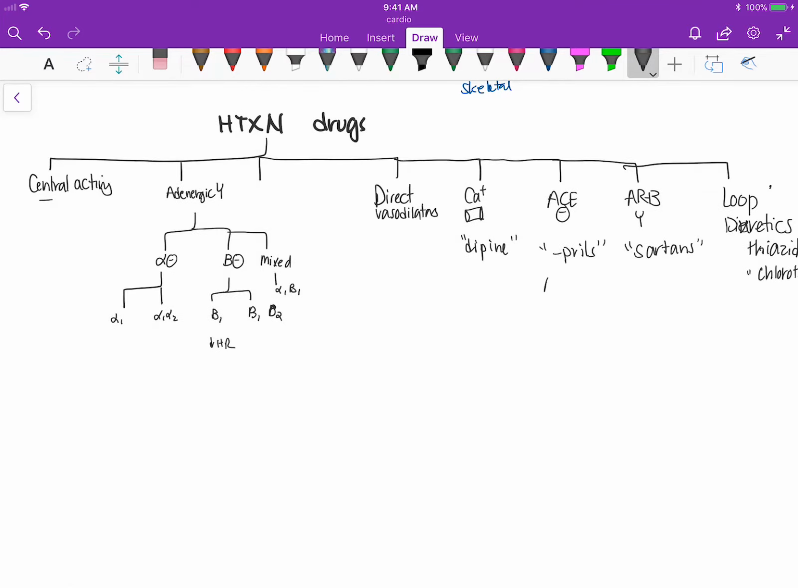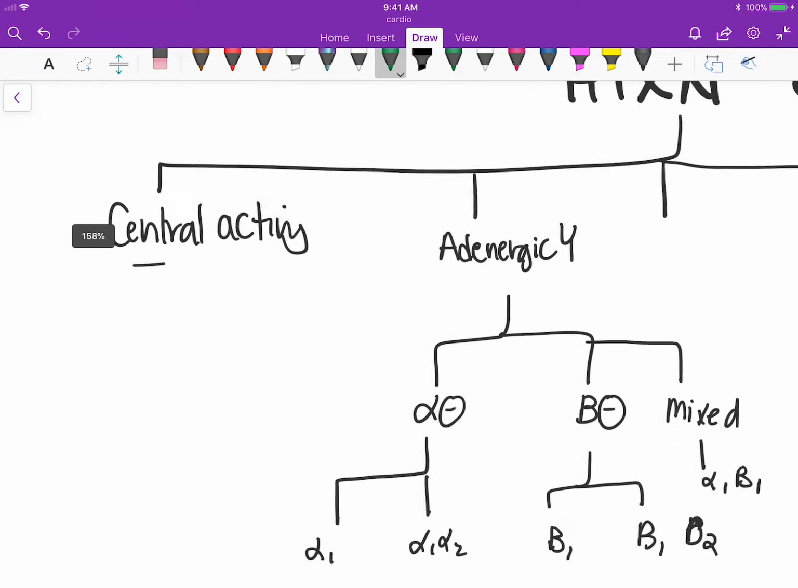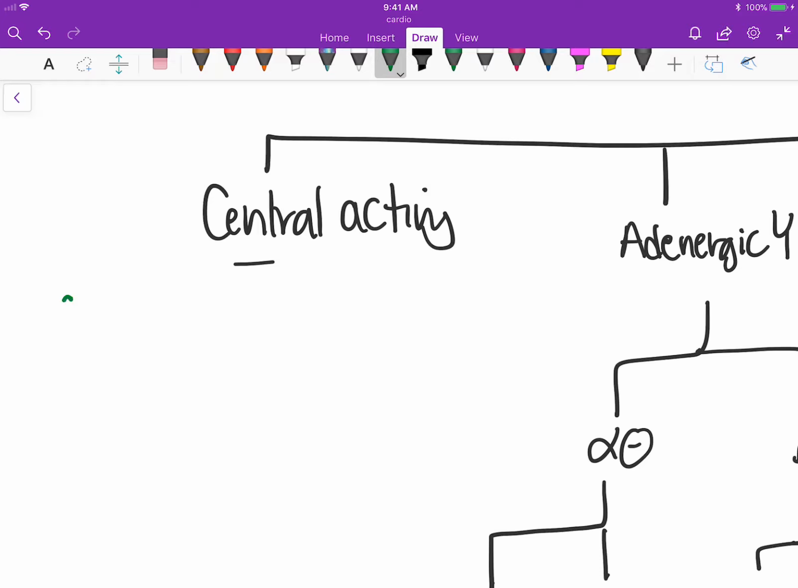blockers. Remember, ACE is the enzyme that converts angiotensin 1 to angiotensin 2. ACE is right here. So it's the angiotensin converting enzyme, right? ACE. And you have the angiotensin receptor blockers, and then you have the loop diuretics. So when we talk about central acting drugs, we are talking about